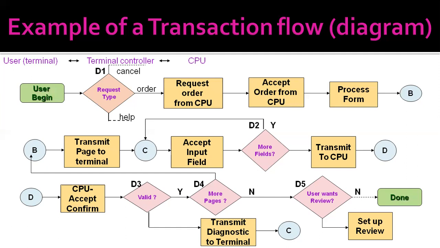This we can see whenever we try to delete data from our folders. At the time of deleting, it will give us a pop-up message asking whether we really want to delete this file or not. So it will give us one more chance. In a similar fashion here, the CPU will give us one more chance by asking whether we want to submit the form, or whether we would like to make any modifications.